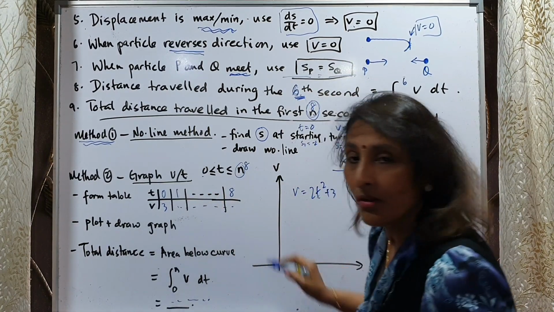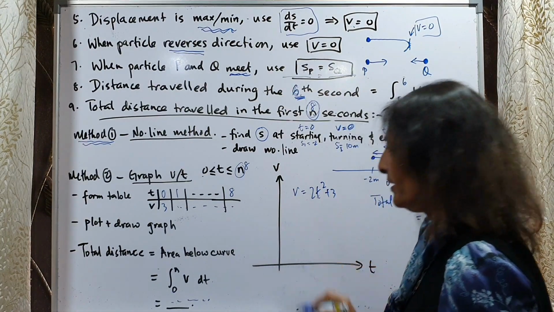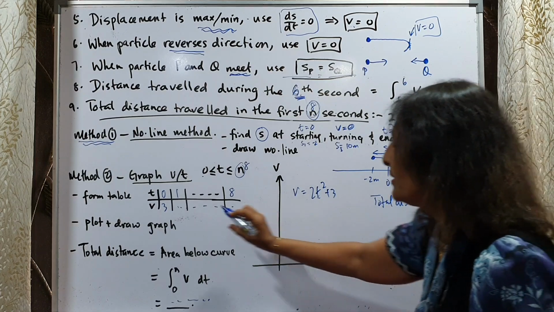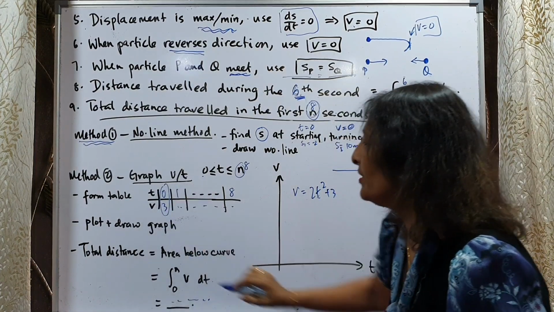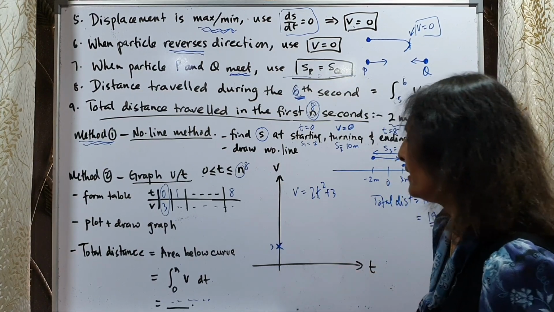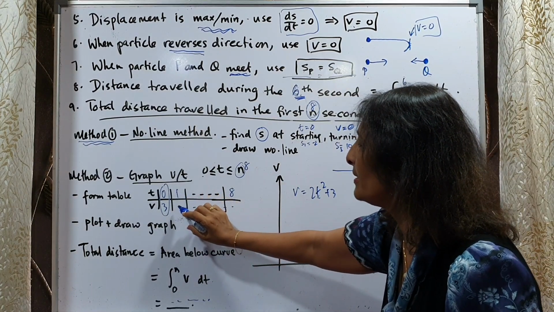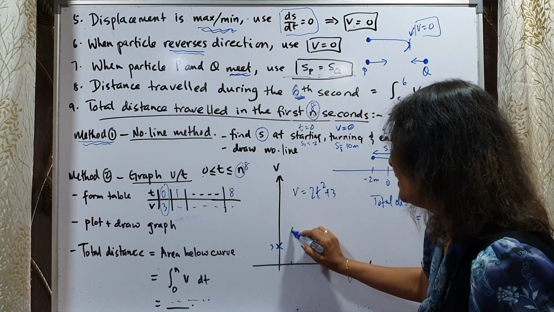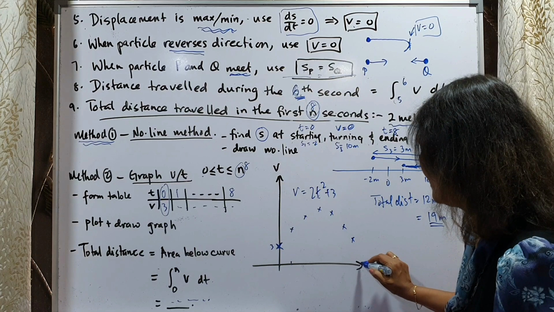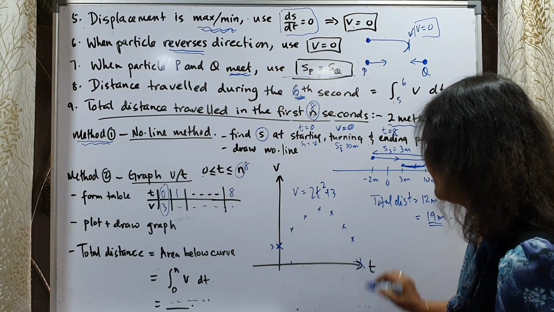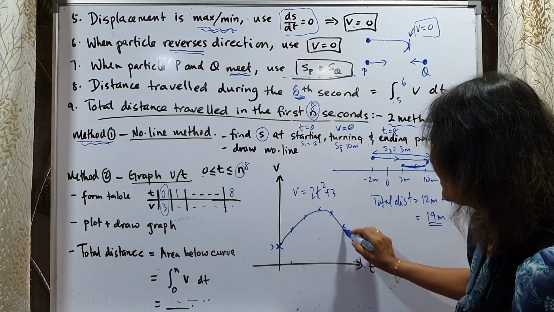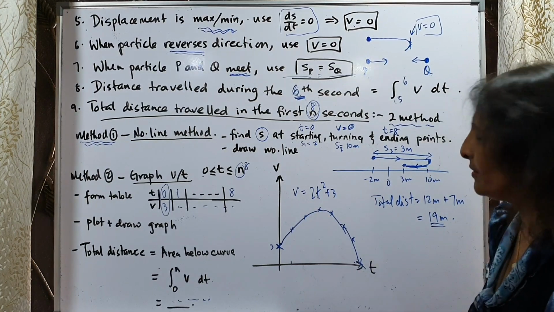Once you found all the values, you have to plot the graph. You draw your graph on a graph paper and you start plotting. When t is 0, v is 3, so 0, 3. Let's say here. This is your first coordinate. When t is 1, v is something else, 1 and here. So you plot everything. Let's say you got this graph up to here. After that, you will join all the coordinates and get your graph. This is my graph.